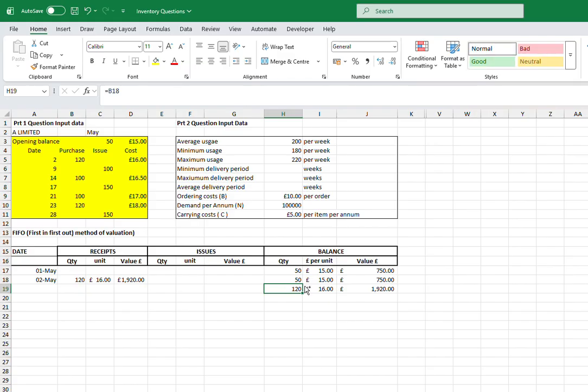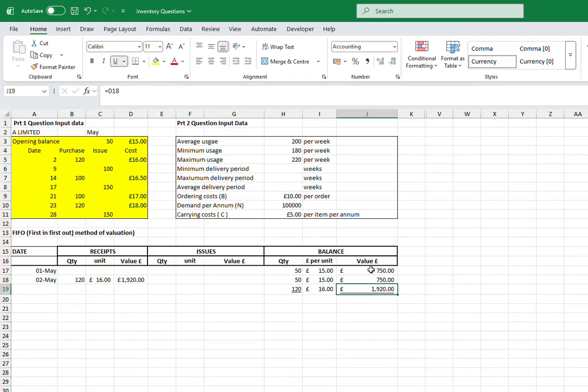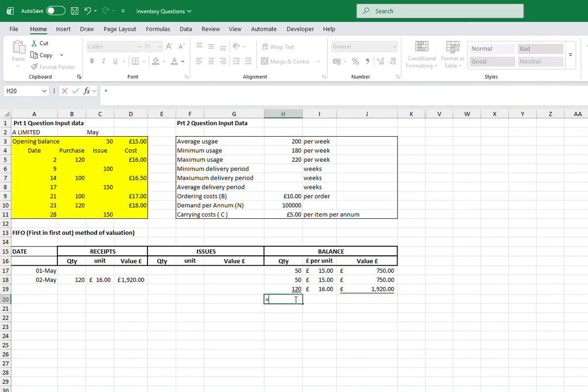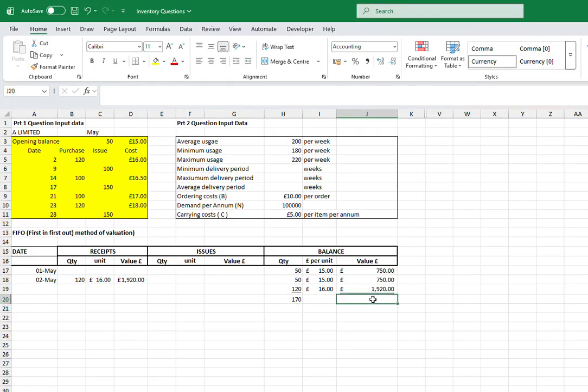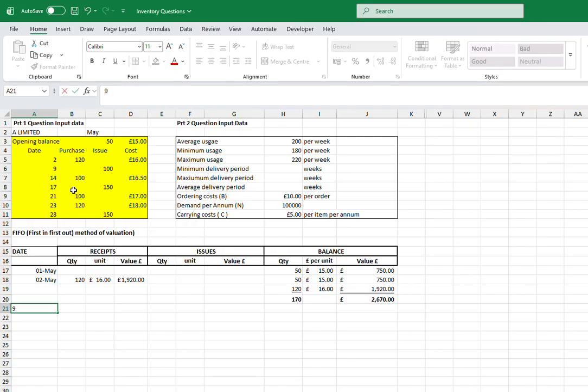Okay, and what we need to do is add up our quantities. So we've now got 170 in total, and the total value is the 750 and the 1920. I know you're not doing this on a spreadsheet, but I would make that bold there. And then on the 9th of May,